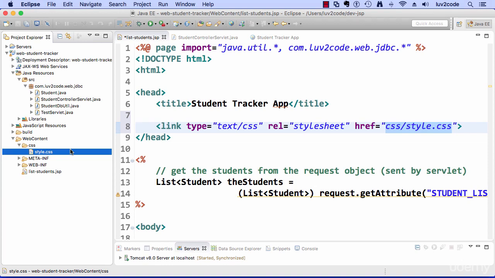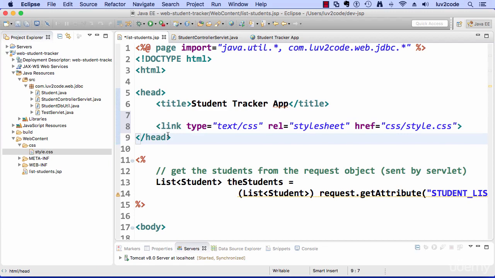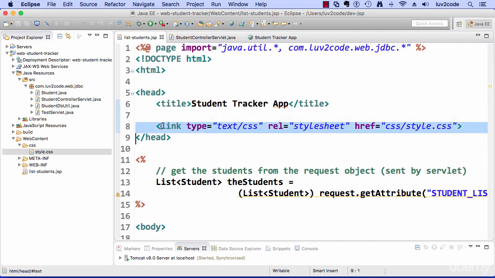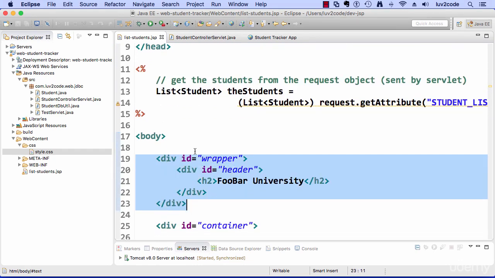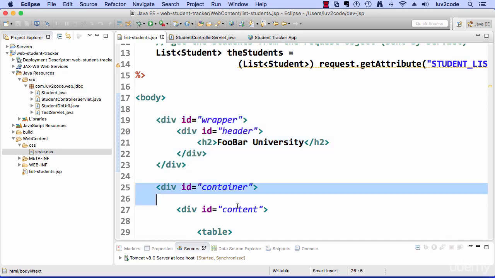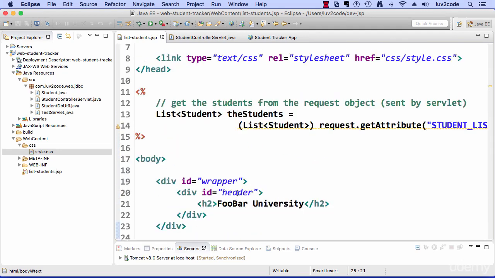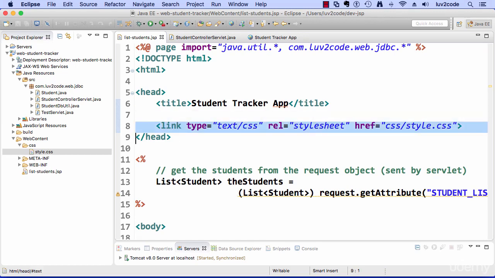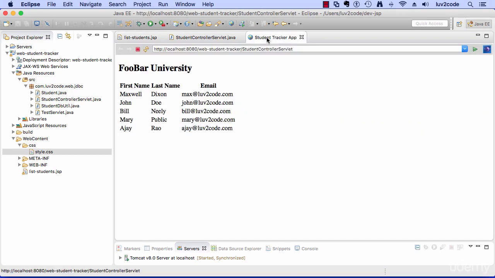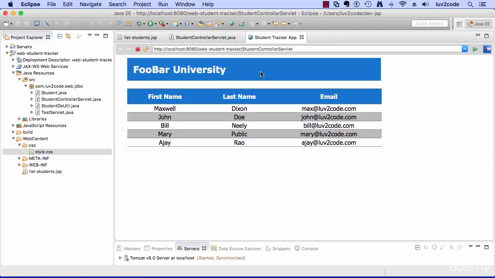Now that style sheet has rules, and it'll apply those rules to this actual HTML content or this JSP page, and then it'll give us a pretty output here. So some of the rules relate to, and I'll kind of scroll down here in a second, we have styles here for wrapper. We have styles for header. We also have styles in that sheet for container and content. And you can go back and dig into the style sheet to look at all of those styles. But anyway, that's that. It's in place. We're ready to go. So then we can go back to our student tracker, click the refresh button, and boom,